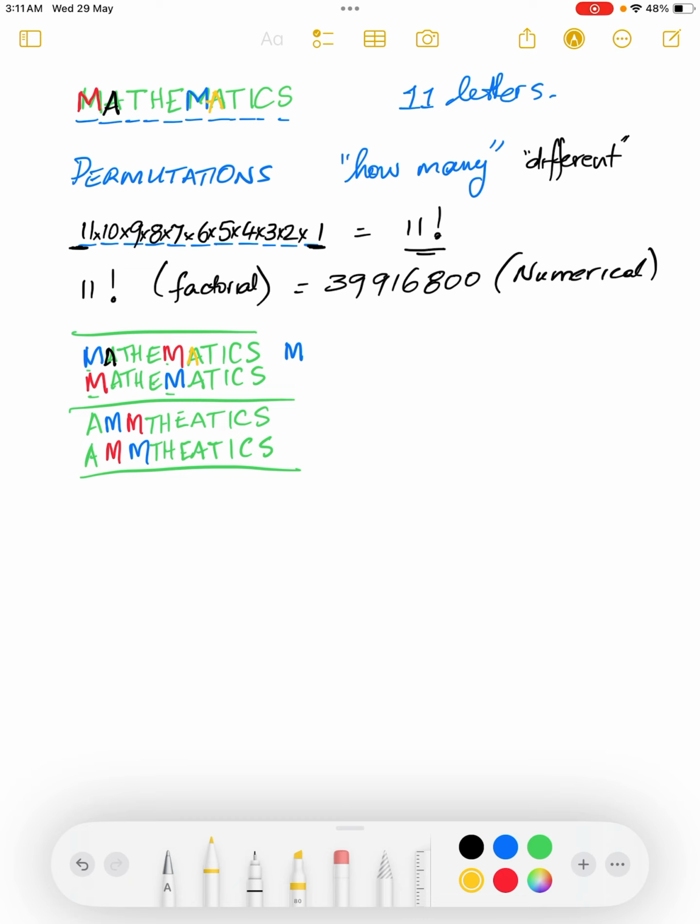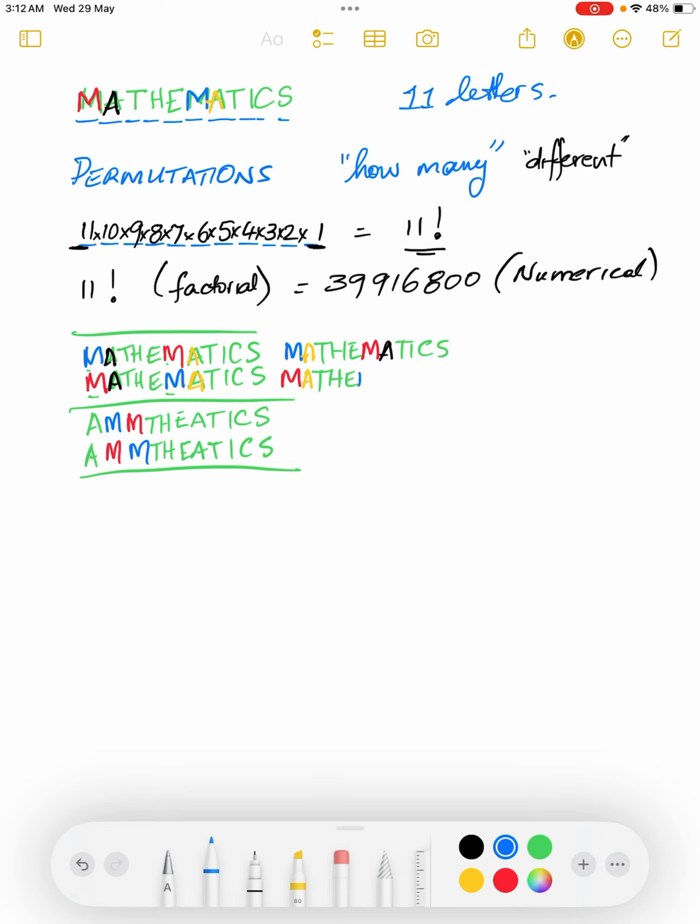We could have a yellow A there, and still the blue and red M's are the same, but we end up swapping the A's around. And you see, because there's 2 A's, now we're going to actually have the word mathematics appear 4 times, and it's because if you swap the A's in different positions, you can end up with seeing the same word,